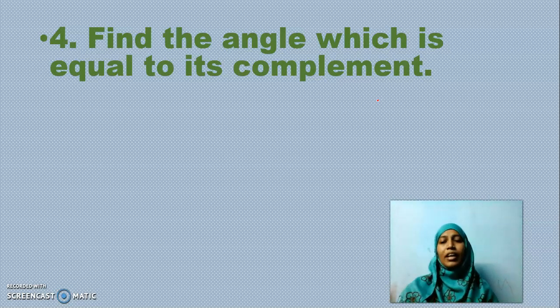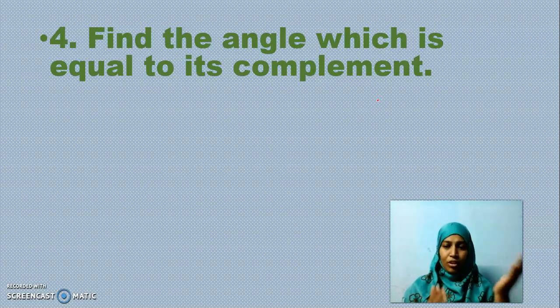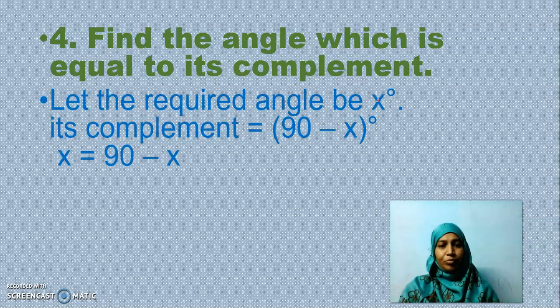Yes, it is exactly 45 degrees. So, the angle which is equal to its complement is 45 degrees. If one angle is 45, its complement is 90 minus 45. If 30 is the angle, its complement is 90 minus 30. Hope you understood what a complement is. So, to present this in a paper or note as a 2-mark question, we will be expecting you to write these statements. So, you can take this down in your class note.